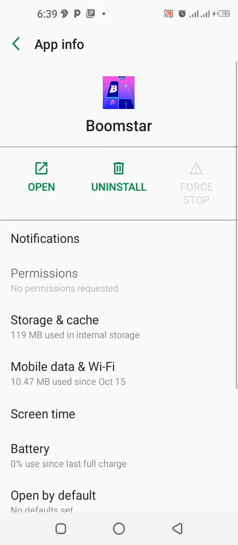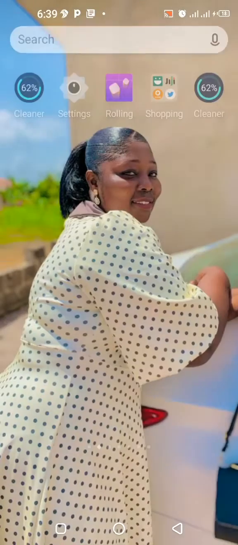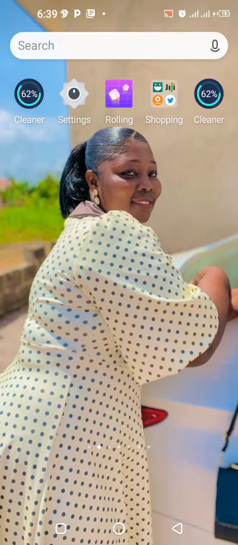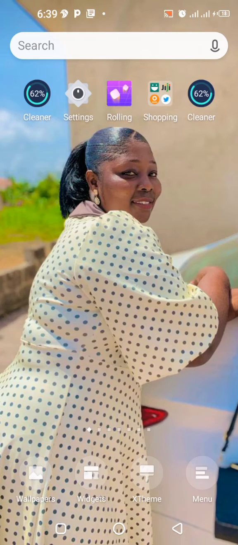Now go back again and try to update the app. So after updating the app, tap on your power button for some while, and after tapping your